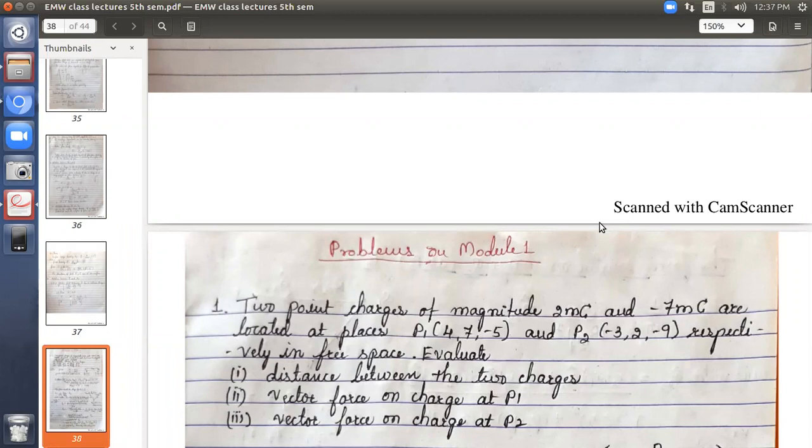Then we have seen what is electric flux density, capital D, and some of the relations between this flux density with capital E and rho S and rho V, that is volume and sheet charge distribution. So with this we have completed module 1. Based on what all we have studied till now, the theory background, let's try to solve few problems on them. This is the first problem given.